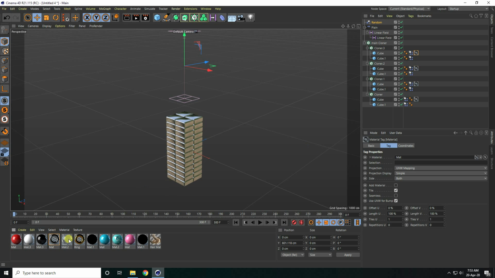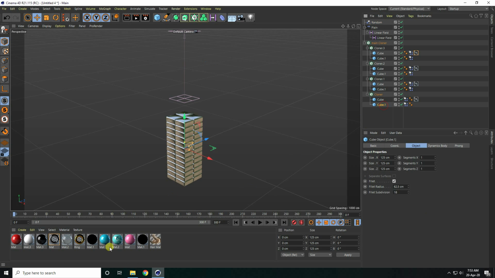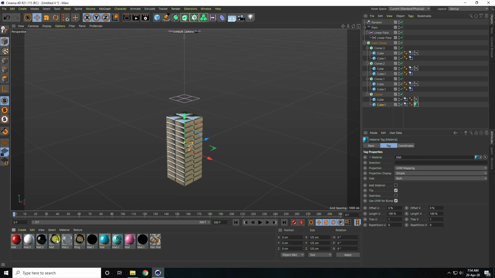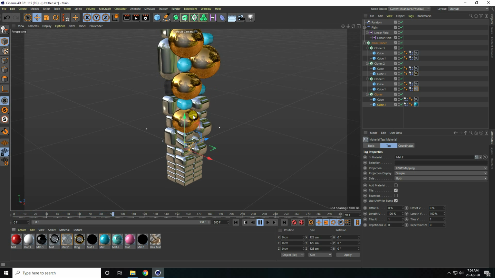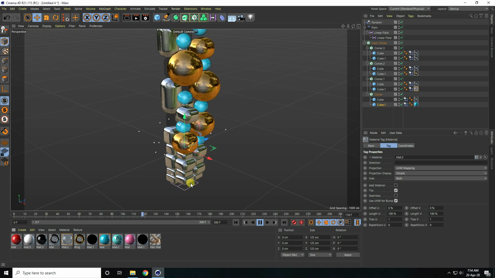Yes, and apply random material like this. Guys, use gold, and go back and play. Yes, see guys, that's my material, right?